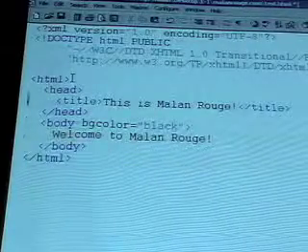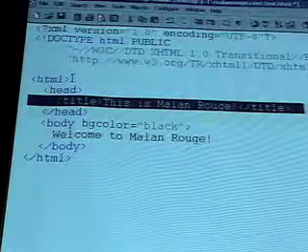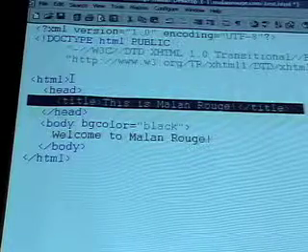Where is this head appearing? Stuff in the head, specifically the title tag, appears where on your web page? Did you notice? The very top, in the so-called title bar. So notice it has "Malin Rouge!" That's the title. And the only thing you would put in the title tag is the oh, I see it's